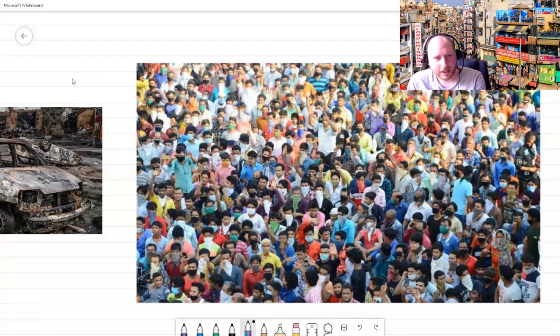So we had millions, and of course there are still millions, of stranded migrant workers who can't stay where they are because their jobs have been shut. They need to get home, but they can't because they're too poor and all the transport has stopped. And so we have millions of men just wandering around trying to find food and shelter and all this kind of stuff. A bit of a disaster.